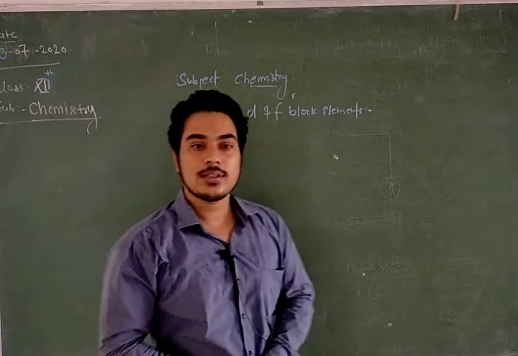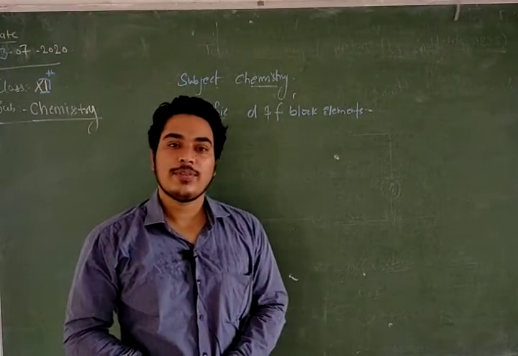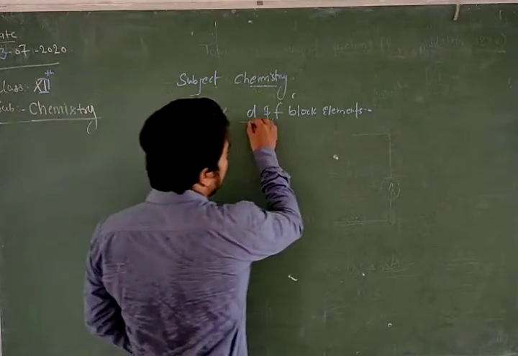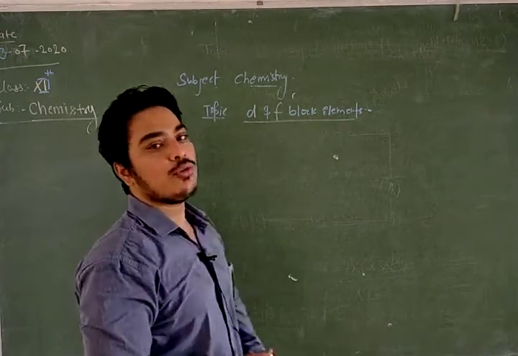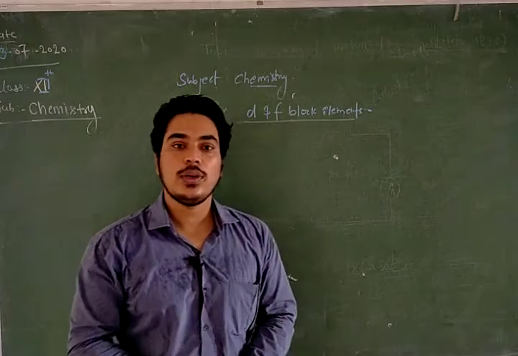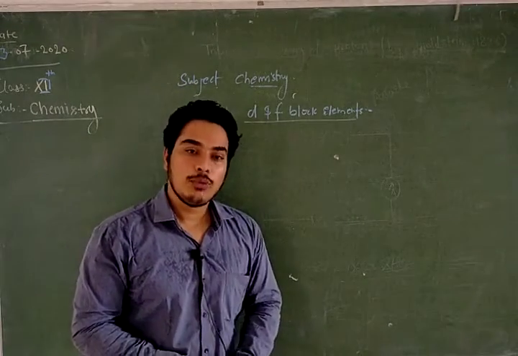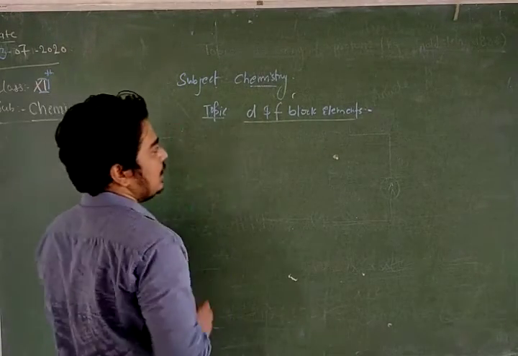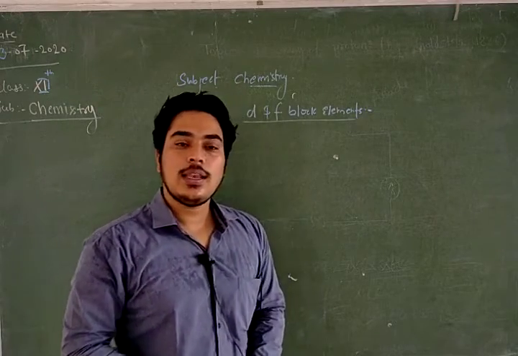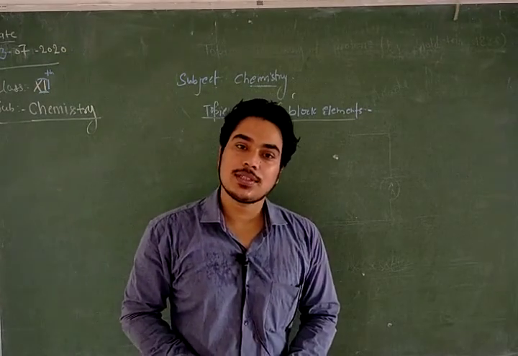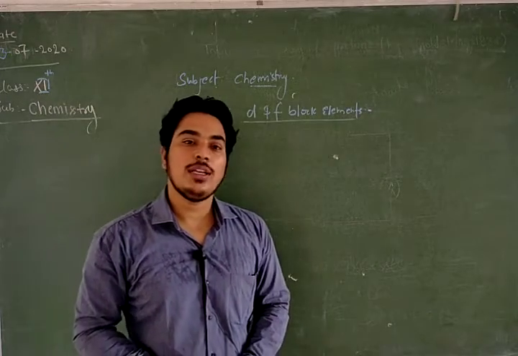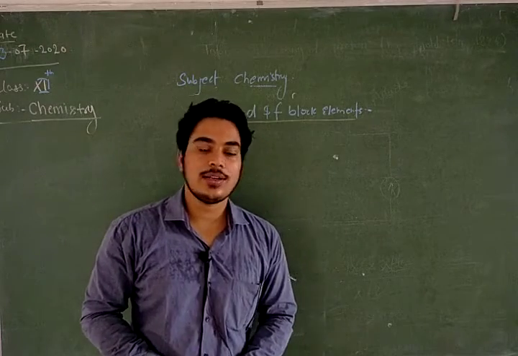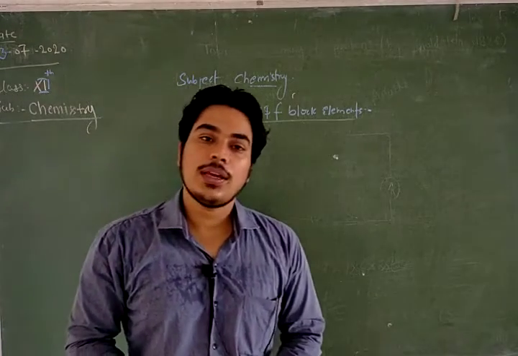So good morning students. In the previous lecture of the chemistry series of class 12th, we have discussed D and F block elements. I think 4 to 5 lectures have been delivered to you on D and F block elements. Moving further, now I am going one step ahead in D and F block elements. Till now I have discussed the ionization potential of D block elements, 3D series, 4D series and 5D series. I have discussed the atomic radius pattern.